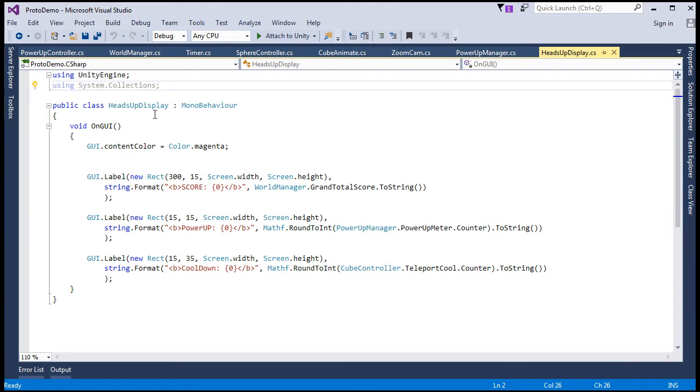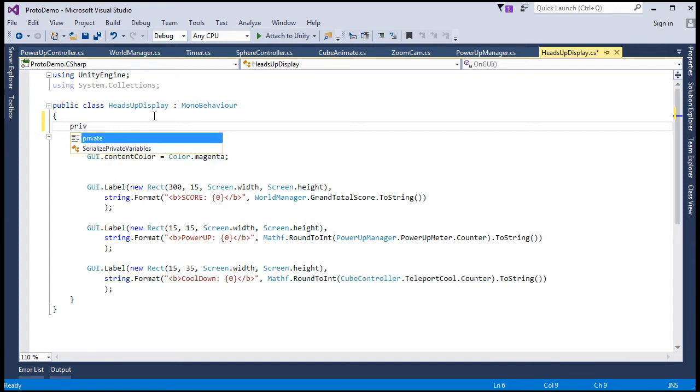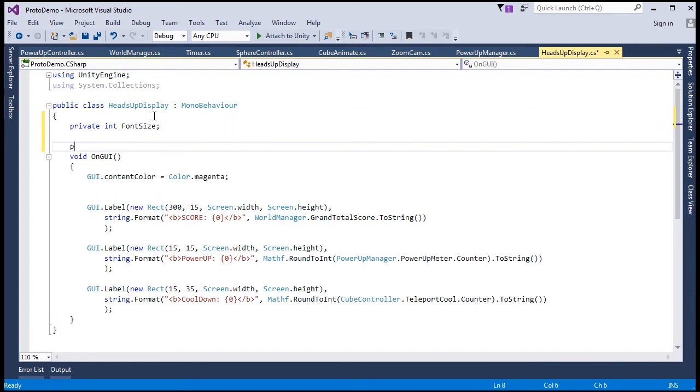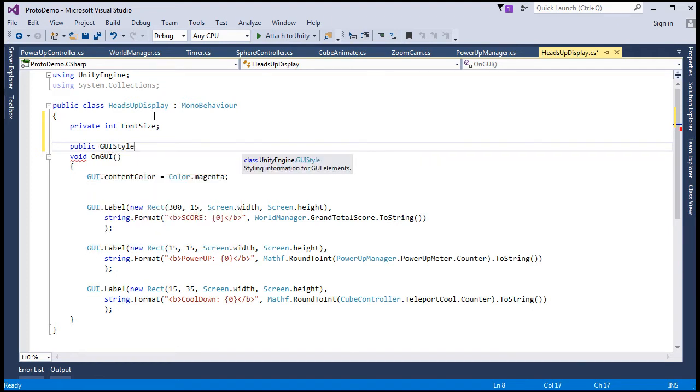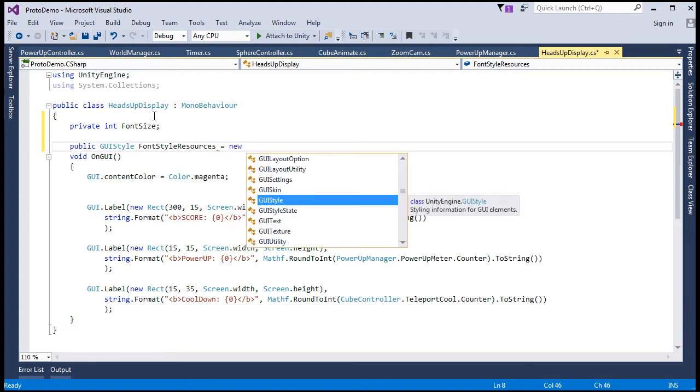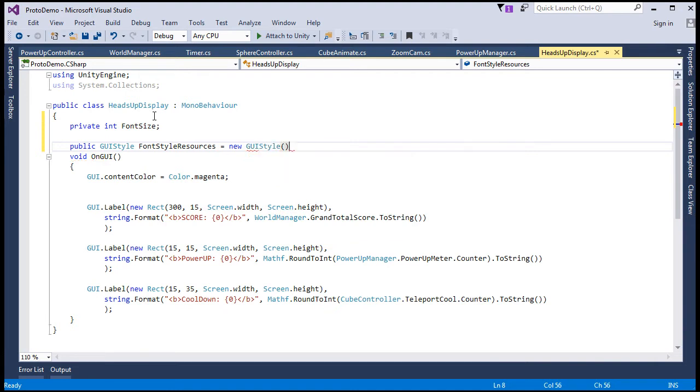here in the heads-up display, we'll just add all this code. So we'll say private int font size and public GUI style. Kind of a funny sounding type, huh? GUI style, and we'll call this font style resources to signify the resources in our game, not the scoreboard. That'll be another GUI style. We'll say equals new GUI style,